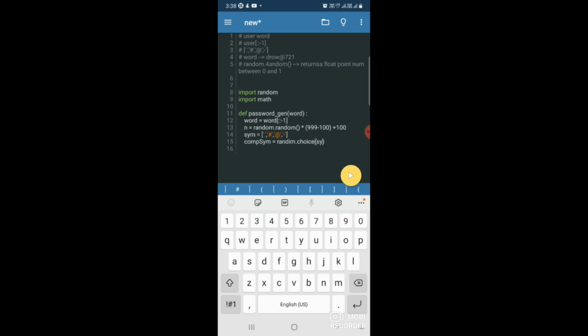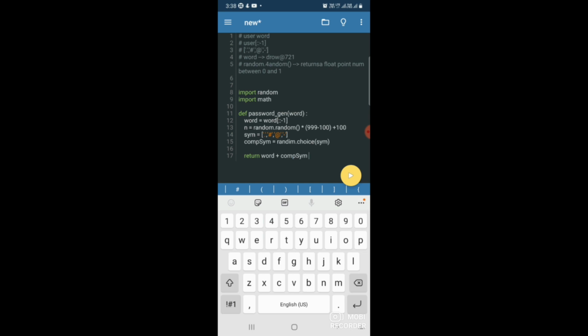It will take a random element from sim. Now we will return the full string that concatenates all the strings present here: word plus compSim